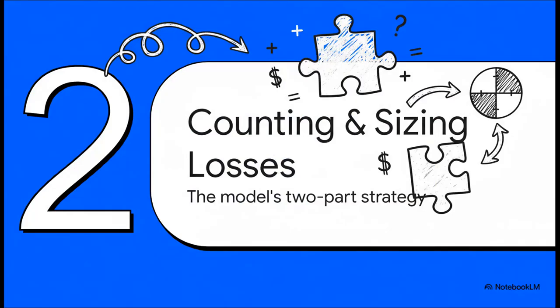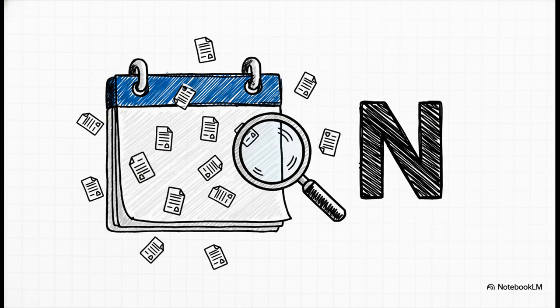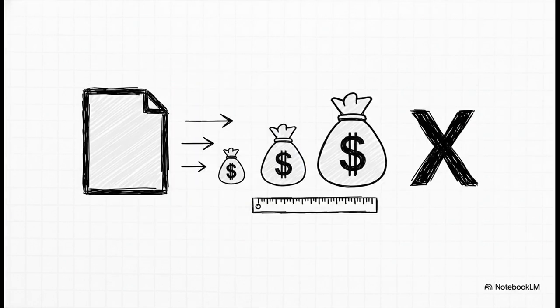And what's so beautiful about this approach is just how simple it is. Instead of trying to solve one giant, impossible puzzle, you break it into two smaller, much more manageable pieces. So that first piece of the puzzle is all about frequency. We just ask, okay, how many claims are we probably going to get over the next year? Are we talking 10, 1,000, maybe 1,000,000? We build a model just for that. Then the second piece is all about severity. We ask a totally separate question. When a claim does come in, how bad is it going to be? How big is that check we have to write? Is it a couple hundred dollars or are we talking tens of thousands of dollars?